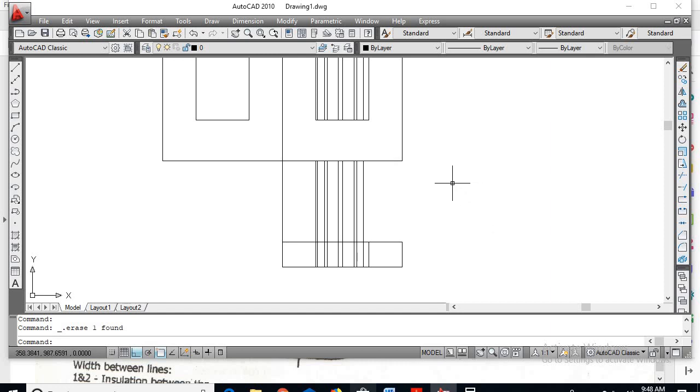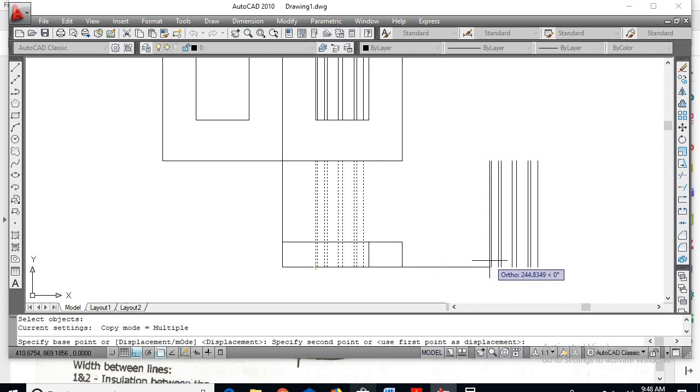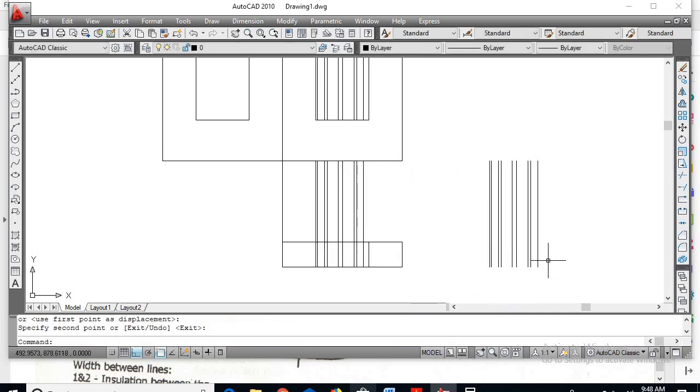Now with respect to this, the same thing, I'll go for copy. So select all the lines here, enter, select the base point somewhere here and move aside. So why have I copied this?